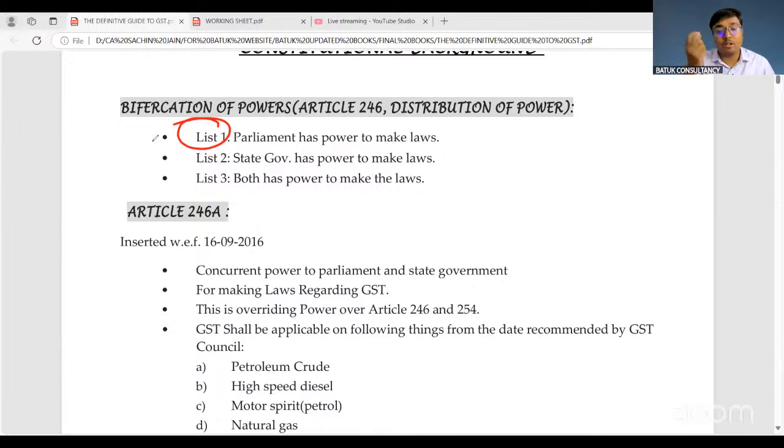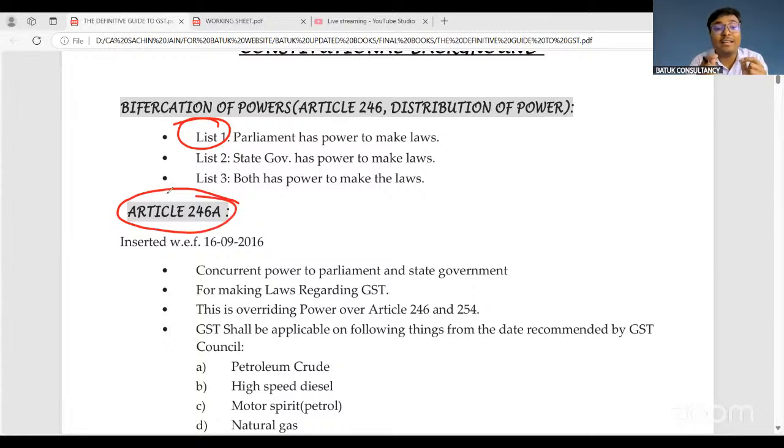We have one base law, that is the Central GST Act. The State GST Act is the same as it is, a cut, copy and paste of the Central GST Act, but if the state government wants any changes in that act, the same is permissible. That means under GST, the central government and state government both have the power to make laws. Am I right?